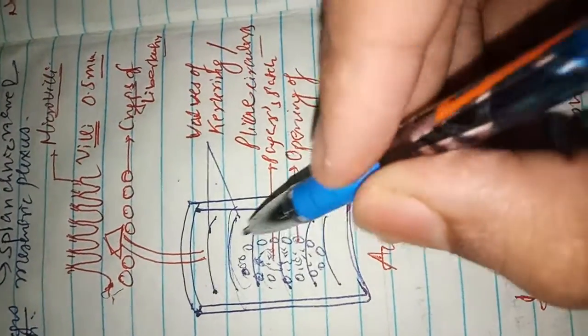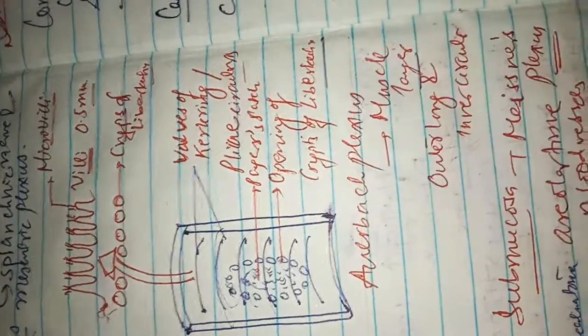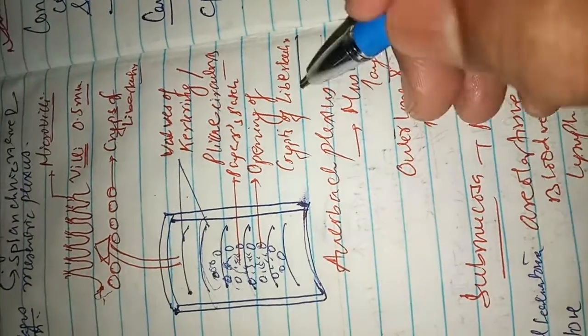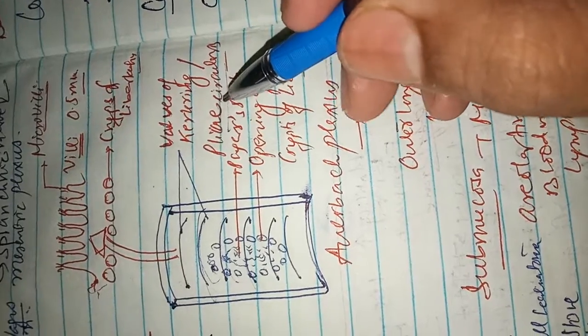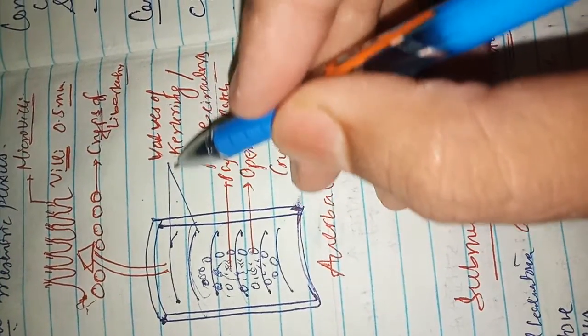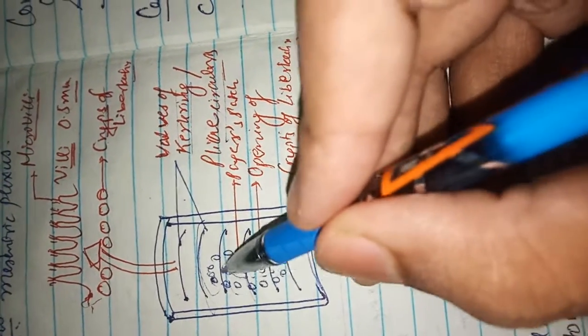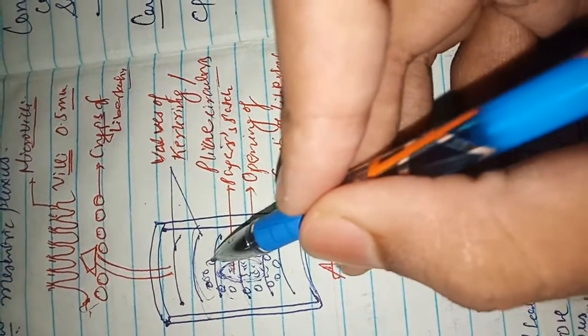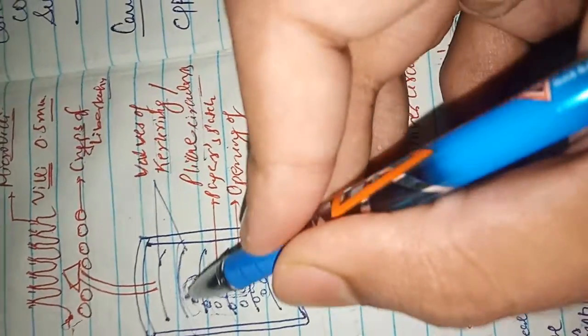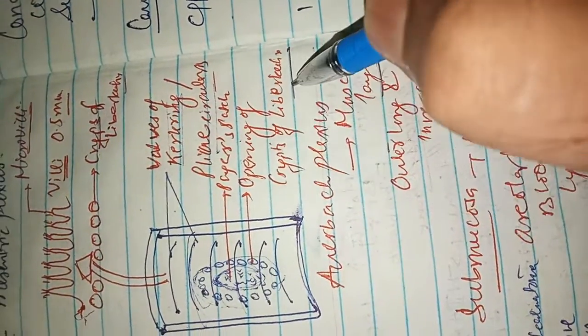Now, what is plica circularis? Plica circularis is a circular folding of the inner lining of the intestine. This circular folding is known as mucosal folding, the plica circularis, also known as the valves of Kerckring. And there are Peyer's patches. They are oval, and surrounding the Peyer's patches there are the openings of the crypts of Lieberkühn.